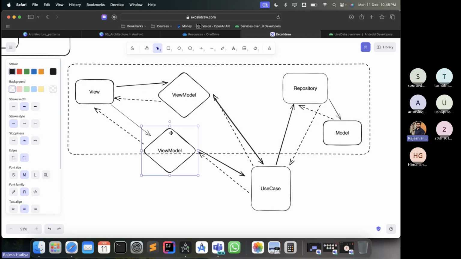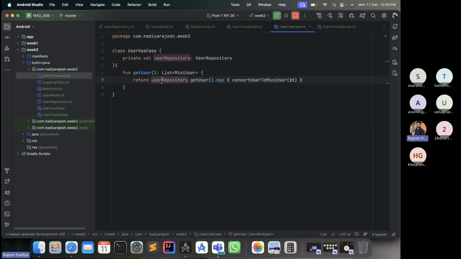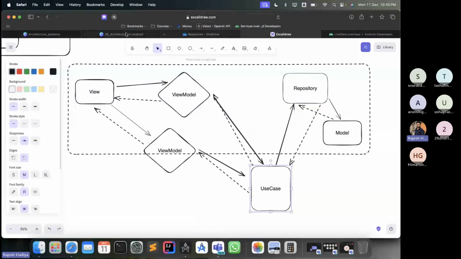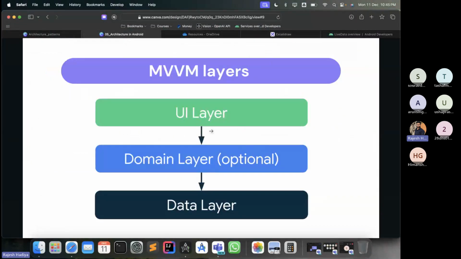The basic MVVM is what I have explained: view model, repo, and a model. The view model communicates with the repo. But if you have this sort of functionality, you can prefer to go with the use case as well. Even the Android documentation suggests that this is an